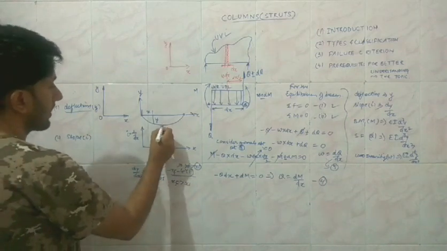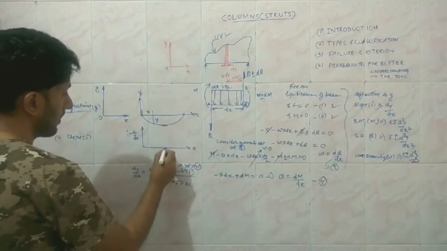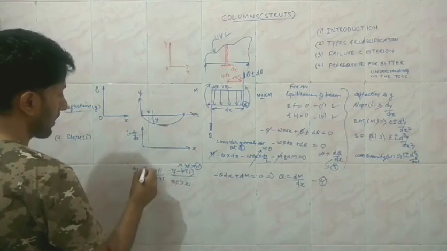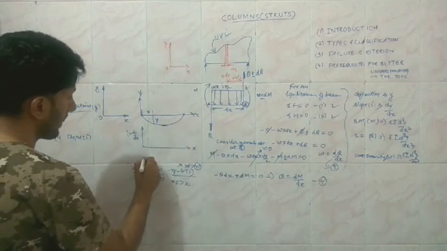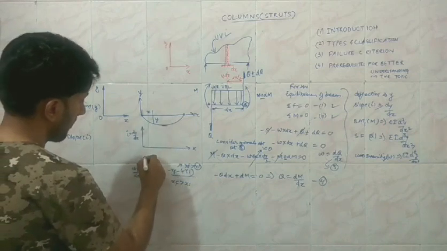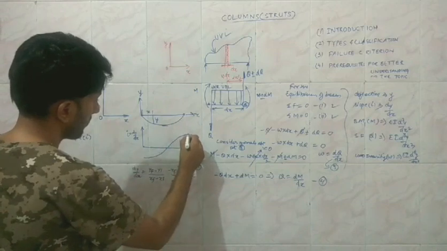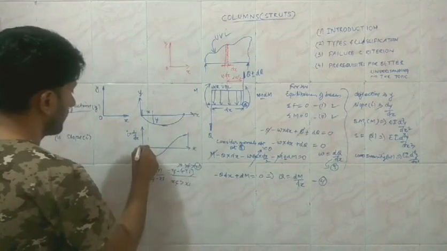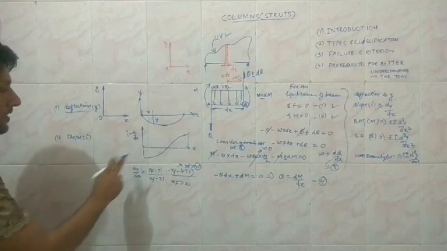So as you already see, at this distance the slope is 0, so we are going to move to the point of contraflexure for the slope, where it is going to change the sign, and the maximum slope is going to be at this point negative, and the slope is going to decrease later on, and finally we are going to have the positive slope at the end. So this is your slope diagram. So the maximum slope is going to be at the end.